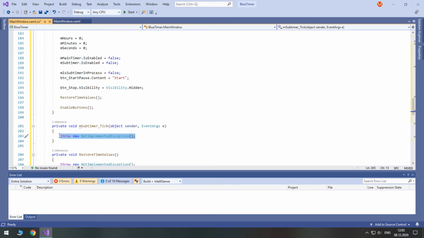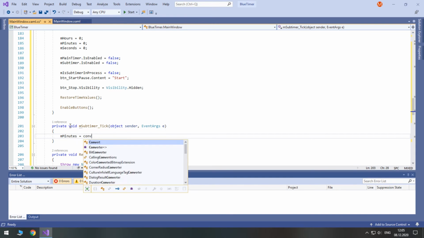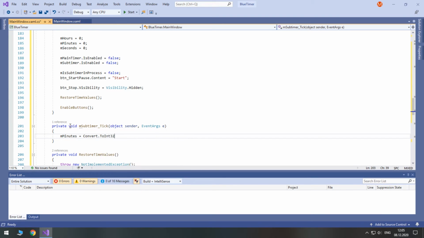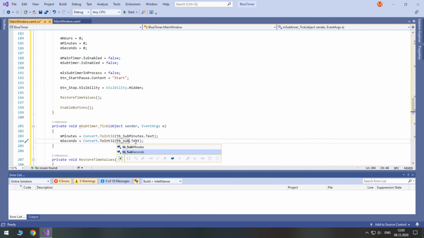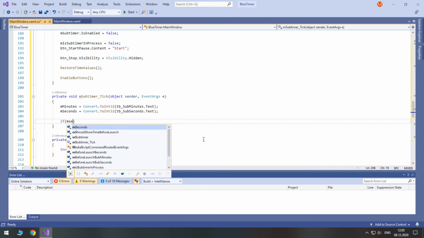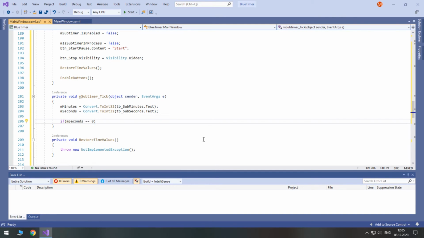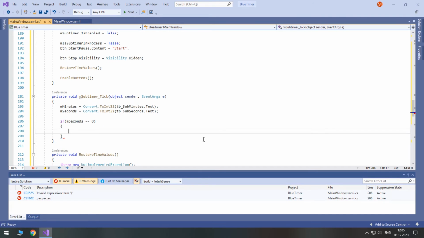Unlike in the main timer, here we shall first set subtimer minutes and seconds to our fields. Notice that these are the same fields that we used by the main timer. We are able to reuse these variables because the two timers never work at the same time. Then, just like in the main timer, we check if seconds are equal to 0. If so, we check if minutes are also 0.